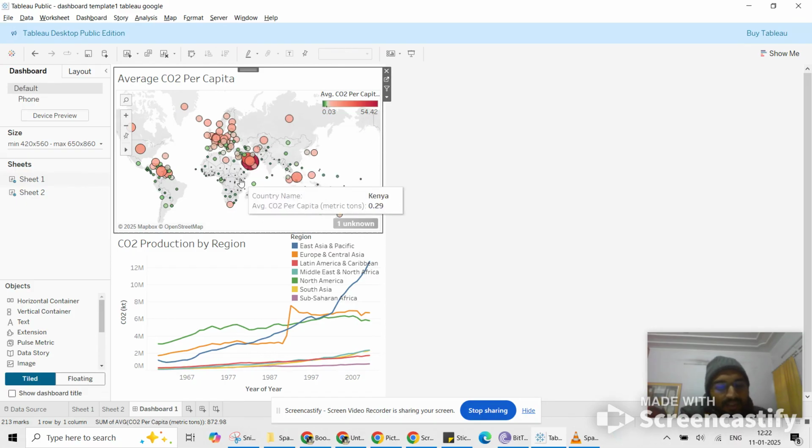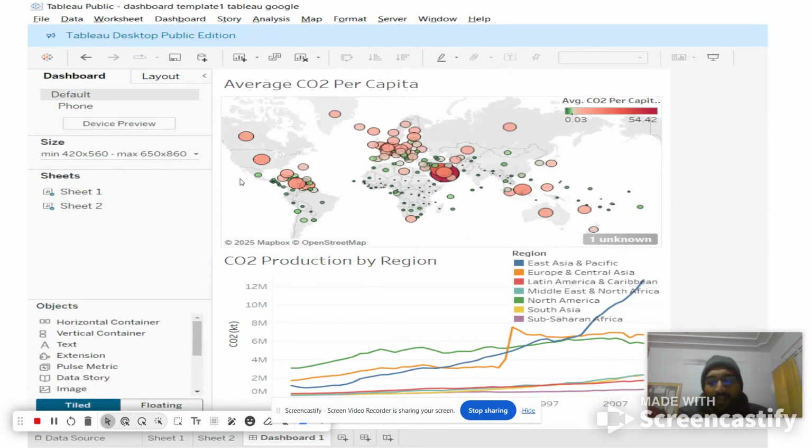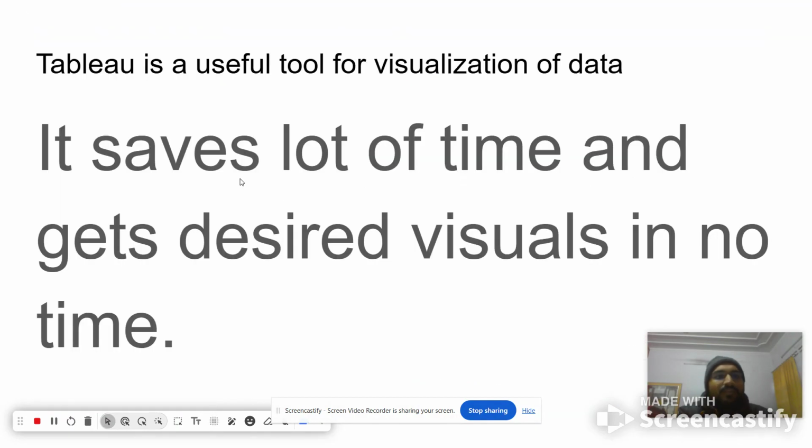So Tableau has its own advantages. Tableau is a useful tool for visualization of data, and it saves a lot of time and gets the desired visuals in no time. I think I have majorly emphasized on time, because when you use any other